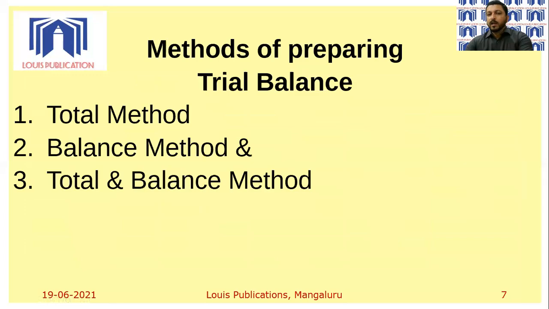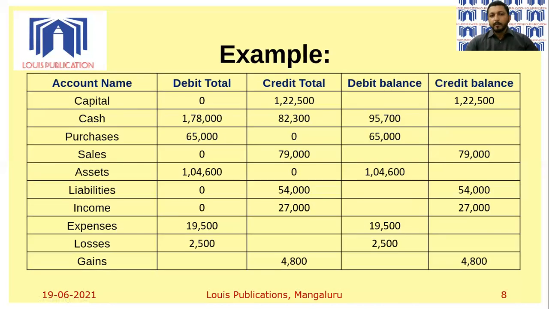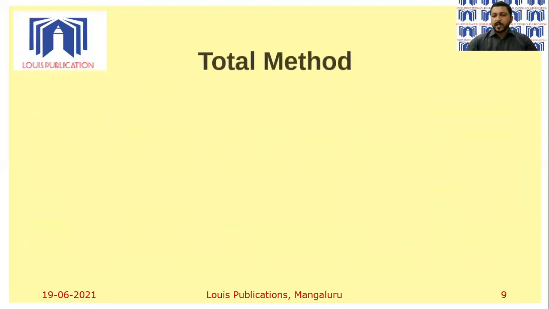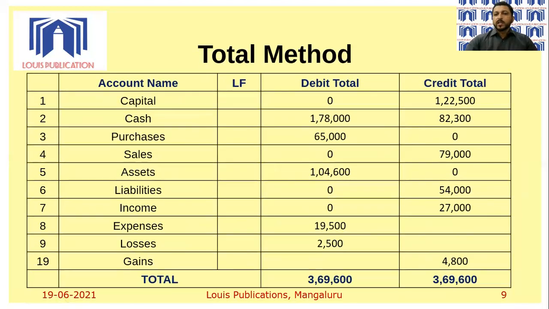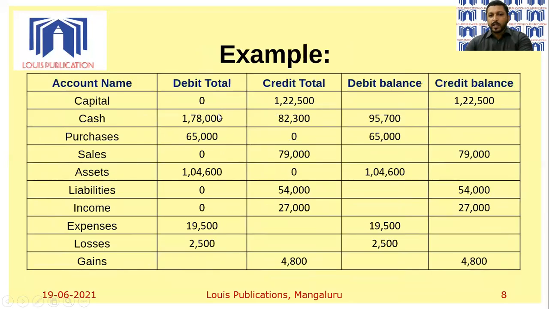So let's understand how we prepare a trial balance under total method. As we have learned, we will look at total method first of preparing trial balance. Then we will go to balance method, and finally we'll go to total and balance method. Let's understand under total method, how a trial balance looks. So as usual, the heading will be there, trial balance as on, usually the last day of the year. Names of the accounts are written, and the debit total, whatever is there, I can go back. Whatever is the debit total that we have had, 1,22,000, same.